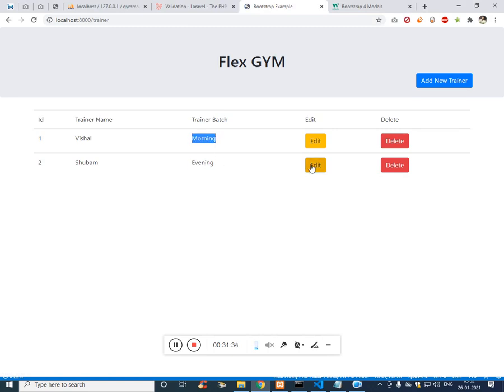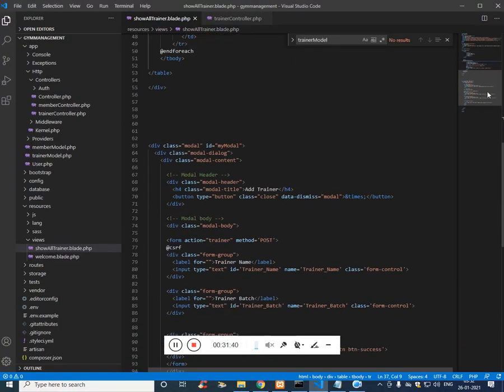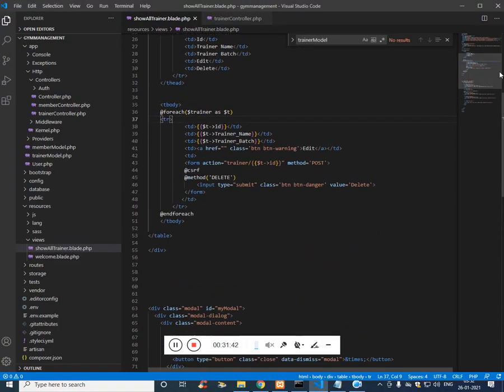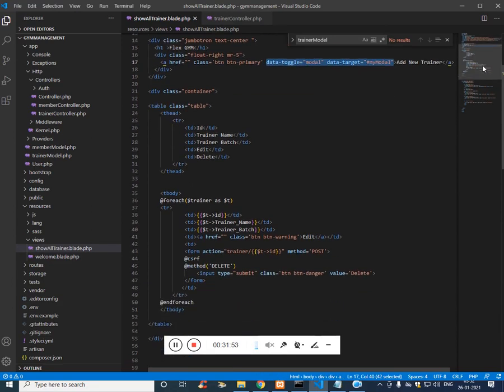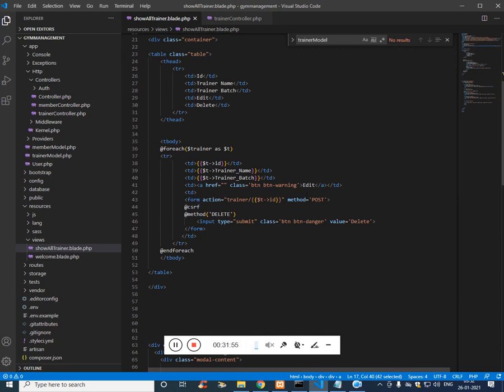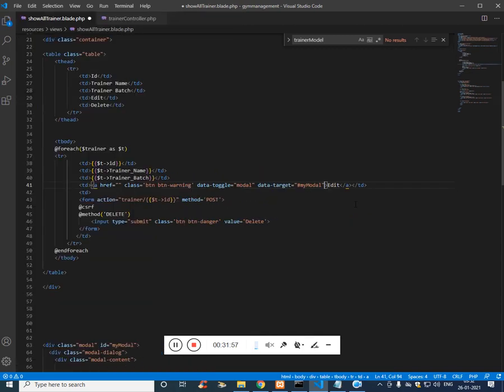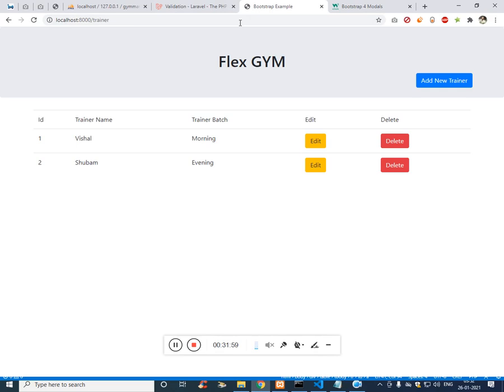Now it's time for the edit. So this is a little tricky part, so we'll work on it, don't worry. Now once I click on the edit, I want the modal to open, the same modal for adding. Let's try.